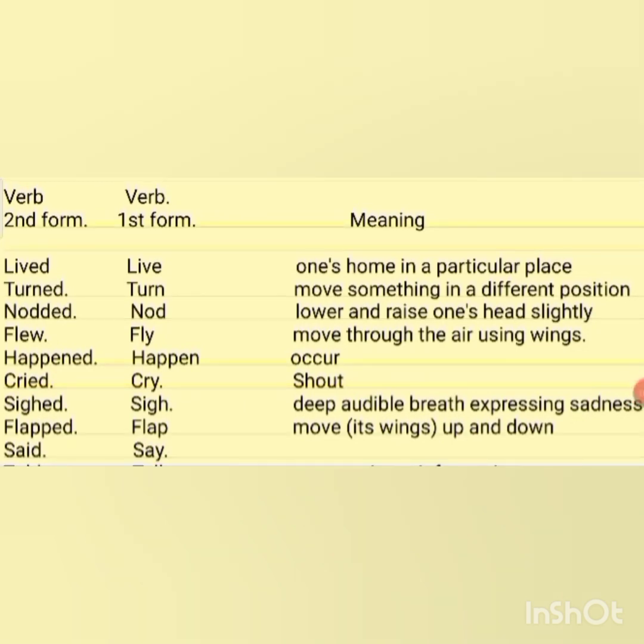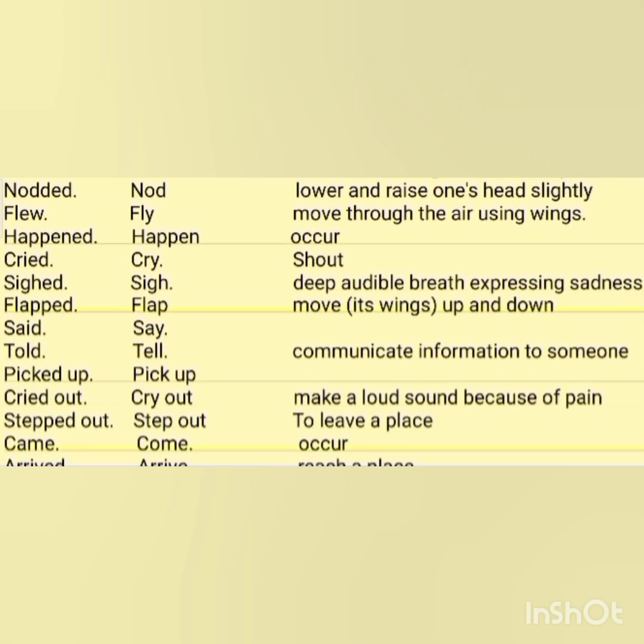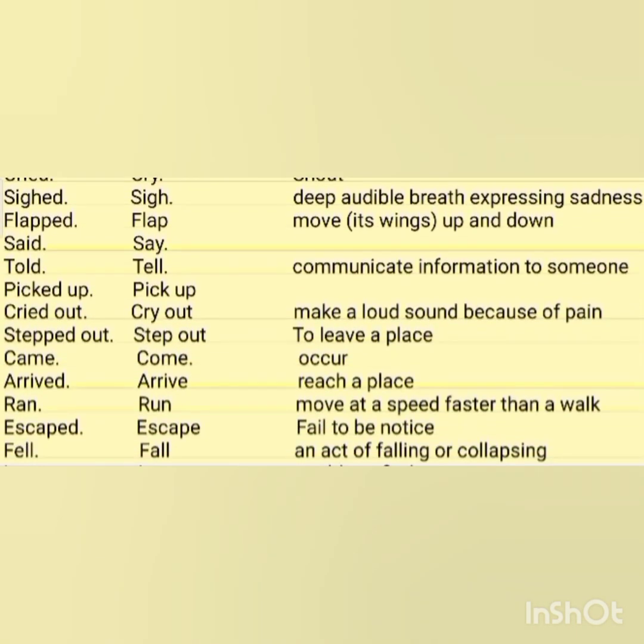Next is sighed, and its first form of verb is sigh. It's a deep audible breath expressing sadness. Next one is flapped. Flapped is the second form of the verb flap, and it's also used for birds, meaning to move the wings up and down. Now next is said,